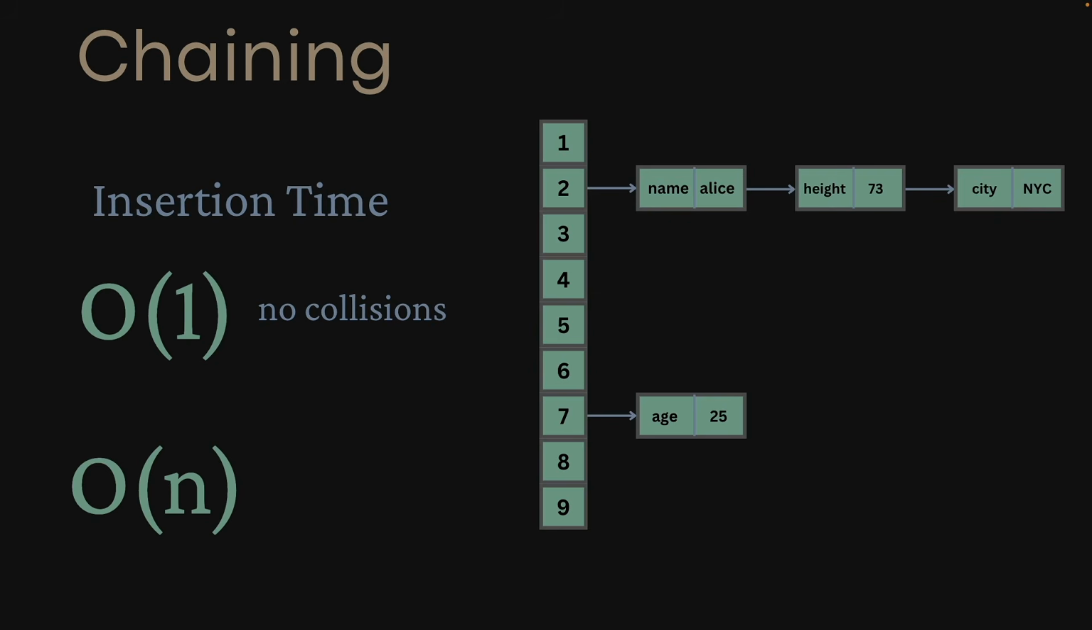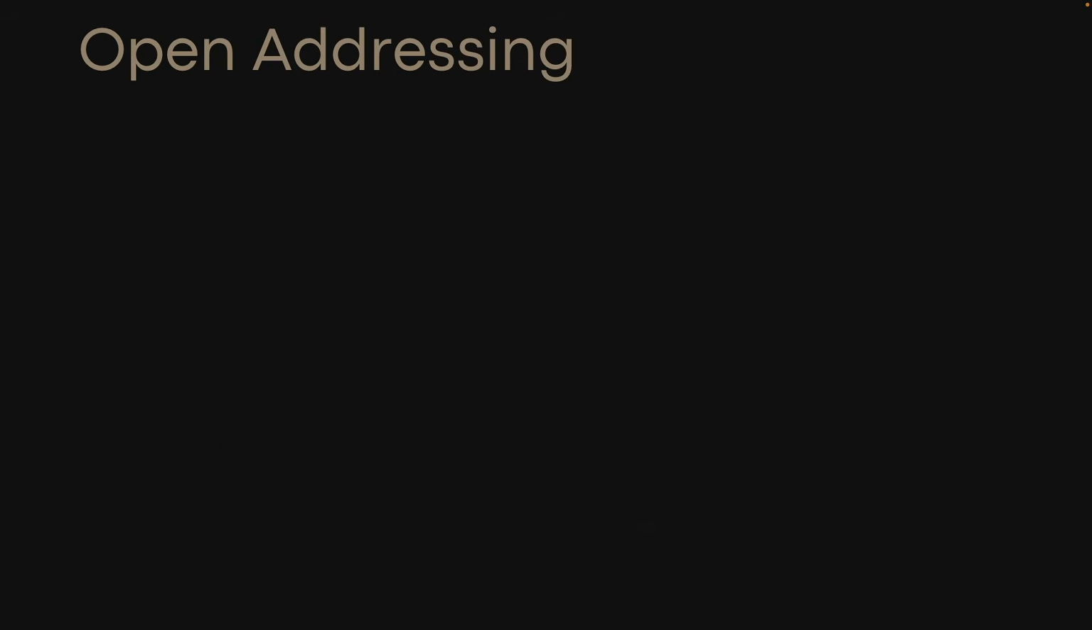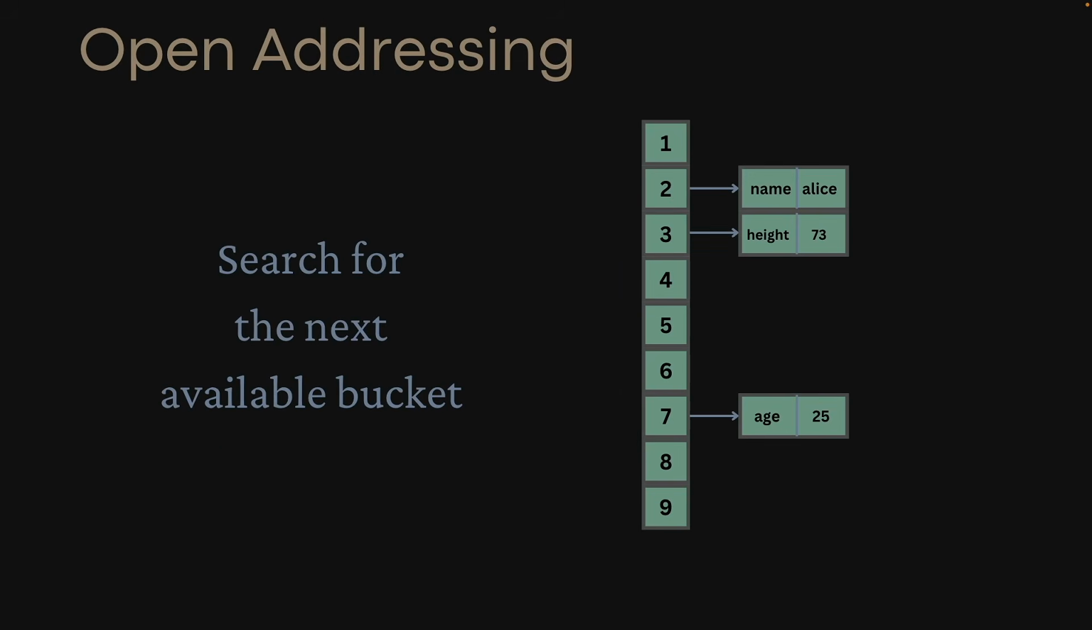We get constant insertion time if there are no collisions, and linear time if there are many collisions. Another common way to resolve collisions is open addressing, where we add our entry to the next available bucket. Let's try to add a new element, and assume that our hash function returns 2 again, which is already occupied. We have to traverse through the hash table until we find a bucket that's not occupied, and add the element